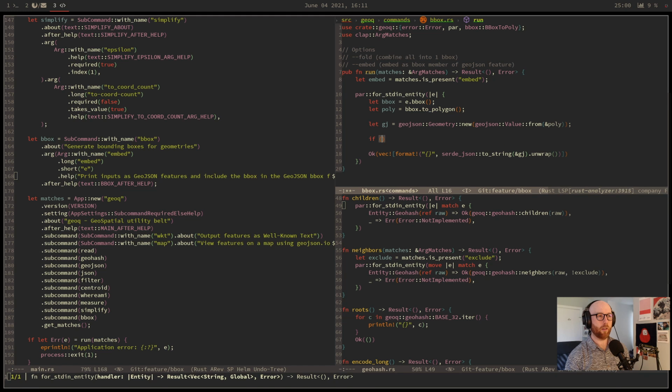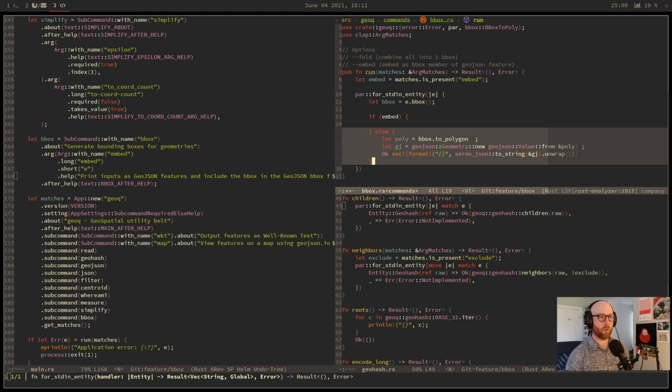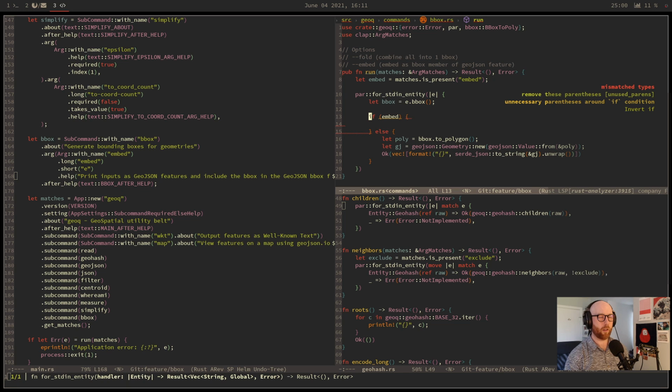Okay, if embed else. So if we're embedding, then I have to do something else. The else will just be the bounding box as its own GeoJSON polygon, and then in this branch,